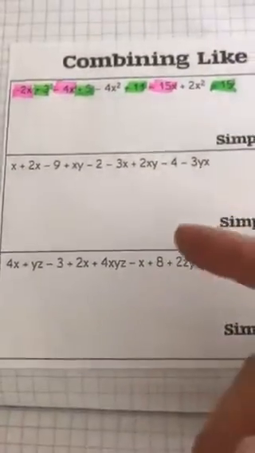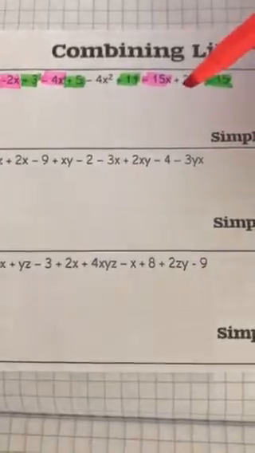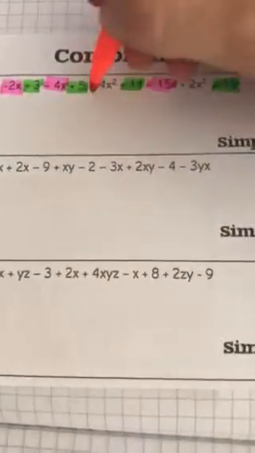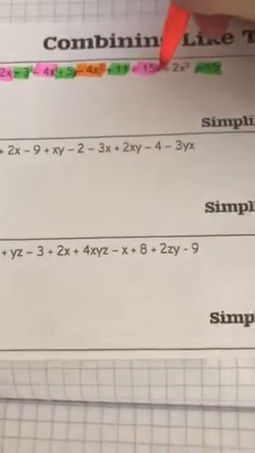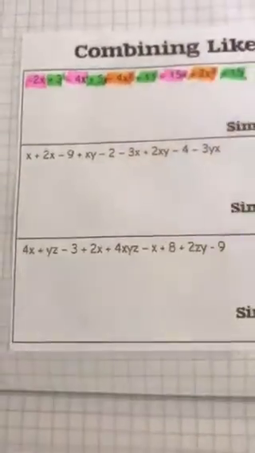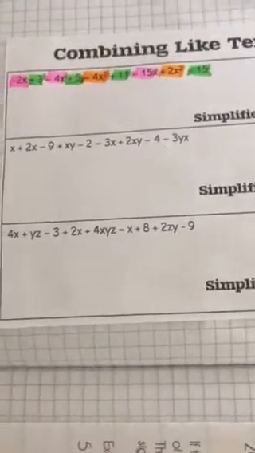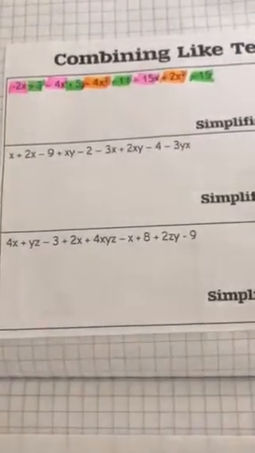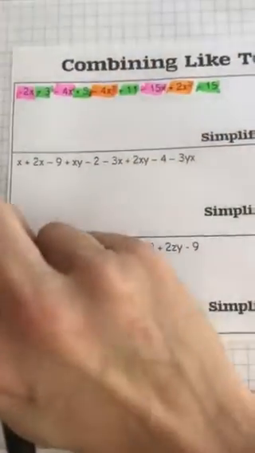Okay, and I know that I'm not done because I've still got some terms that aren't highlighted yet, so I'm picking up a third color. This time I've got orange, and we're looking at x squared. So I'm going to have a negative 4x squared and a positive 2x squared. Okay, so my whole string is now highlighted. Now I can combine my work or combine those like terms. So I'm going to use the commutative property to get these same colored terms together